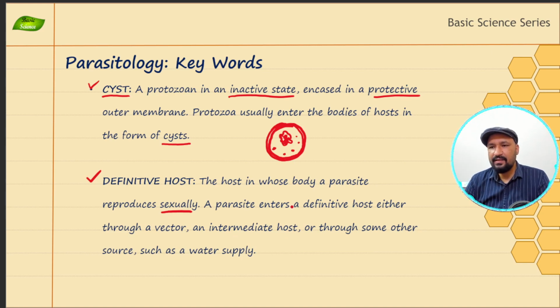So a parasite enters a definitive host either through a vector, an intermediate host, or through some source. It can be a water supply, right? As you can see, there are various means by which a particular parasite can enter inside the host, and that host is basically going to provide the nutrients. Next,